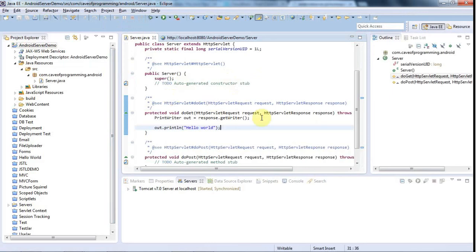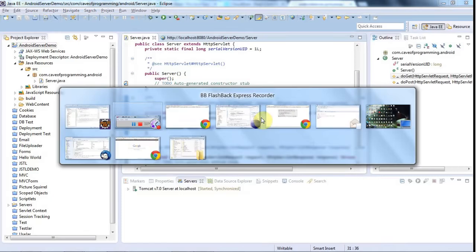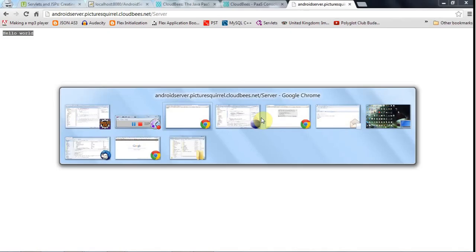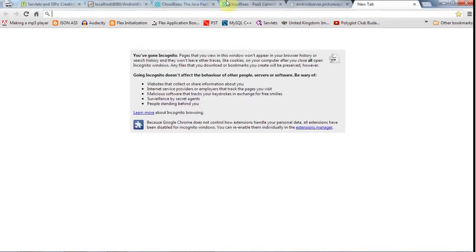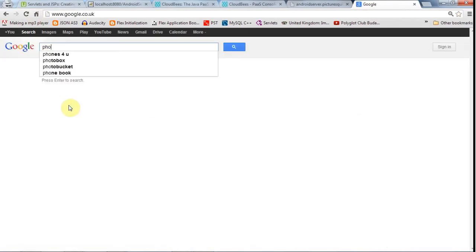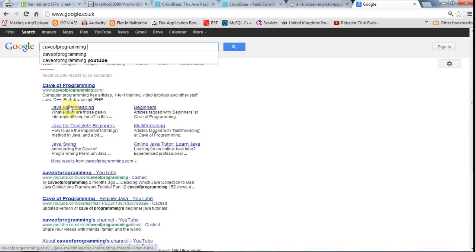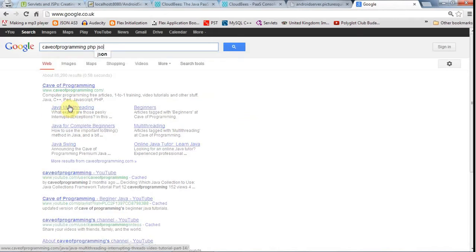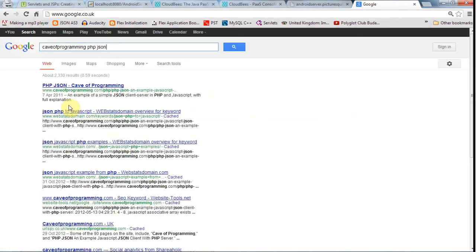But I just want to point out that if you don't want to get into Java servlet programming, which sometimes feels a bit heavyweight for stuff like this, as I said before, you can use PHP and stuff like that. And in fact, if you search for Cave of Programming, that's my website, PHP JSON, which we're going to look at shortly,